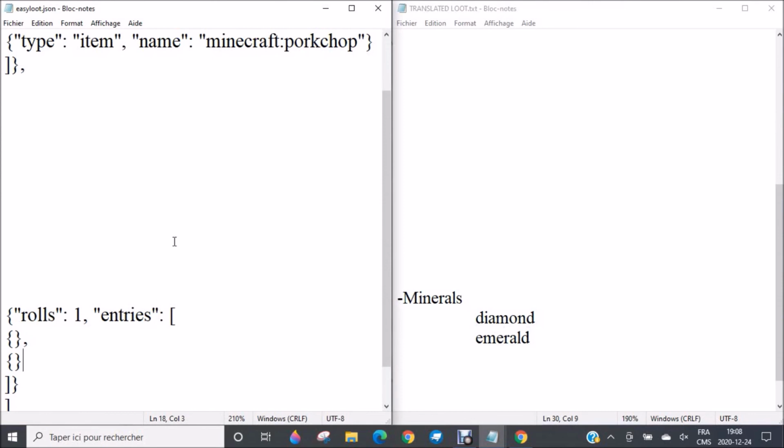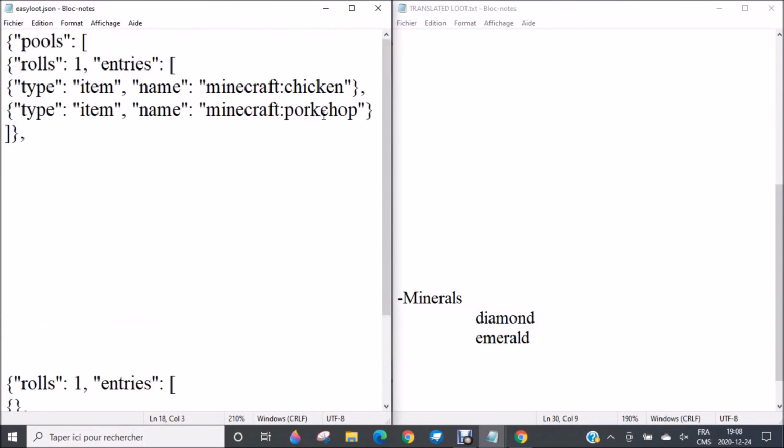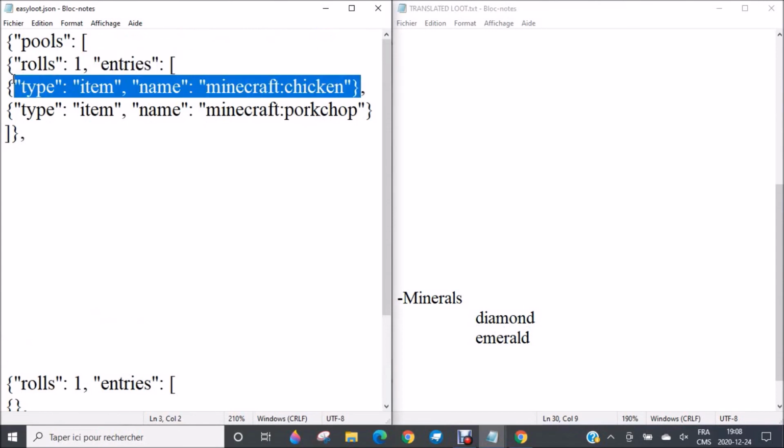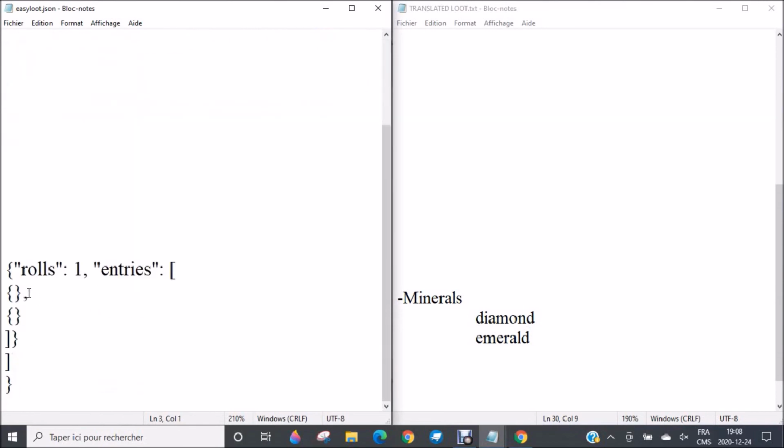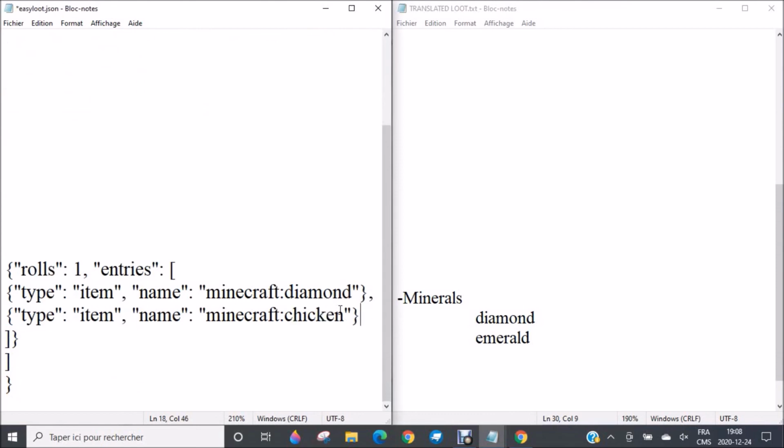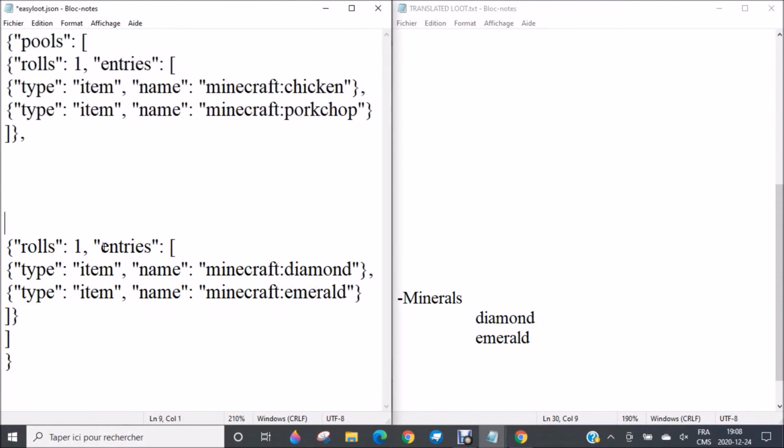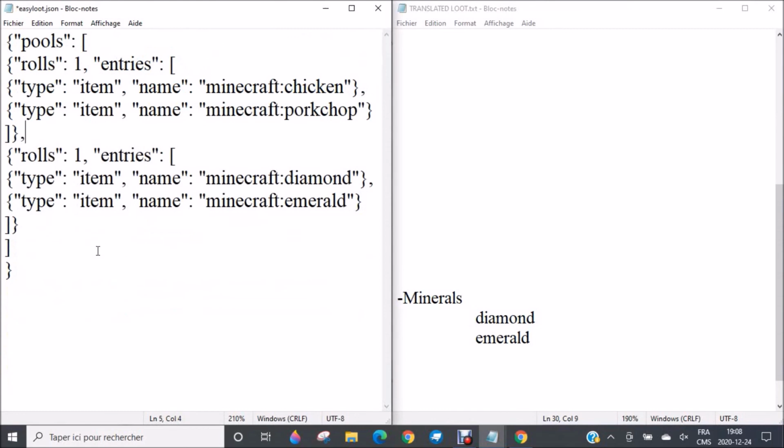Now, if you don't want to write everything again, you can simply copy paste a line. Okay, so for example, you copy this right here, you paste it here, and all you have to change is the diamond. You see, you could do the same thing here, Control V, and you put emerald. So that's it. This is an easy def loot, and you just have to erase the lines that were not used, okay? In fact, you could put your JSON file like this in your game, and it would be recognized,